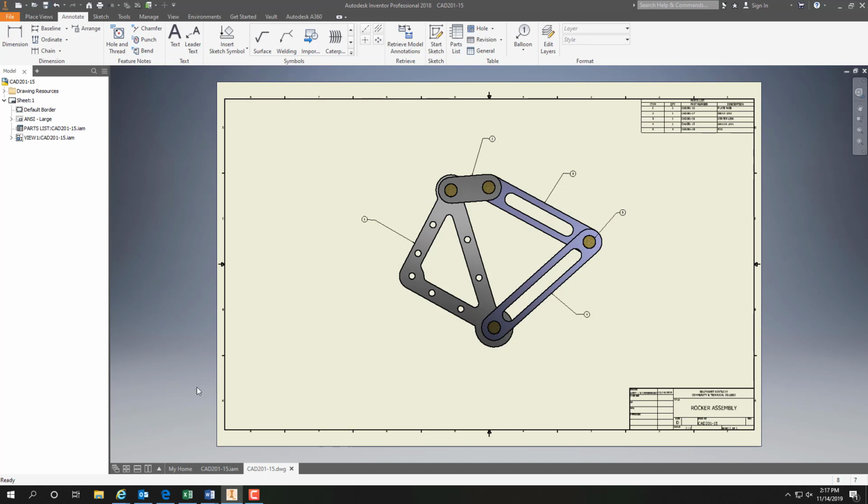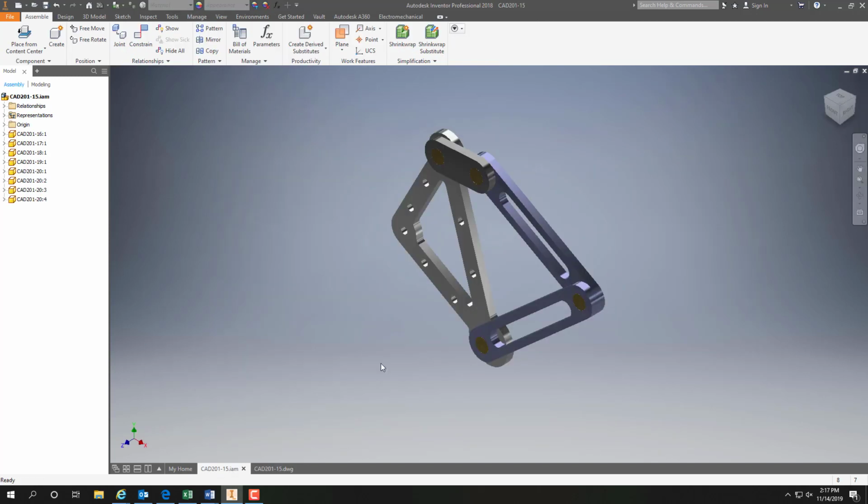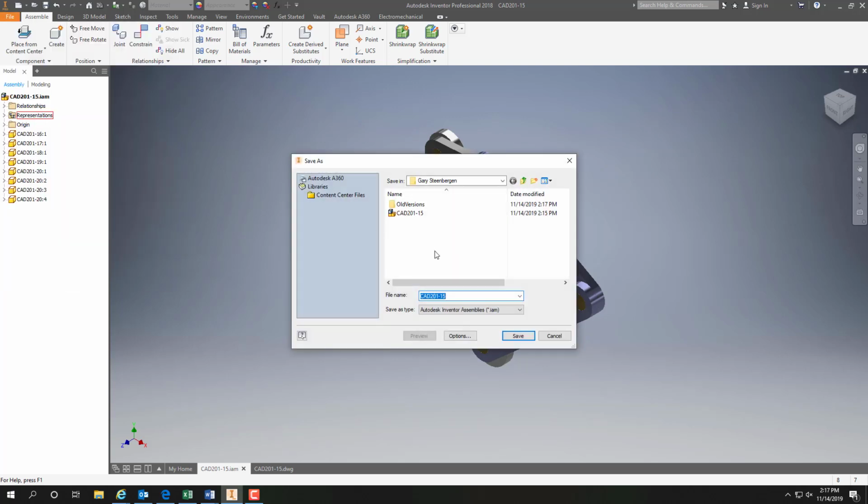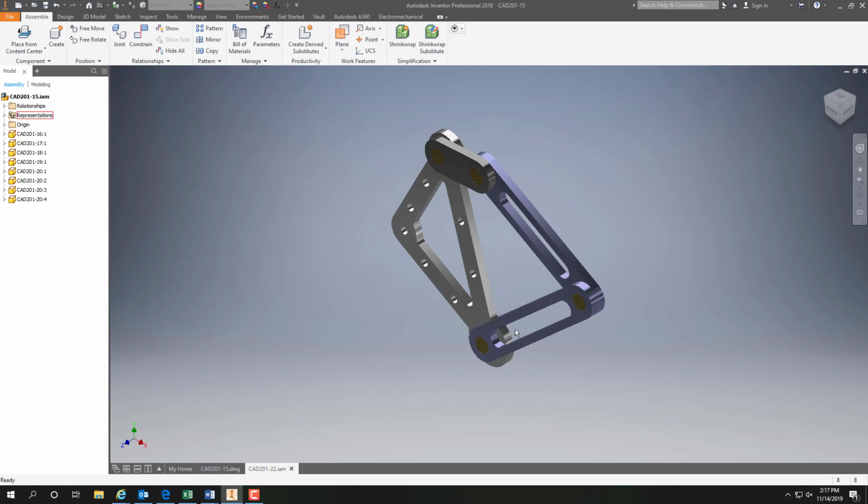Okay. Now, we're going to go back to the assembly. For this assembly, we're going to go save as, and we're going to call this one 22. This will be number 22. We're going to hit save. Now, why did we do this? Well, I want to show you,